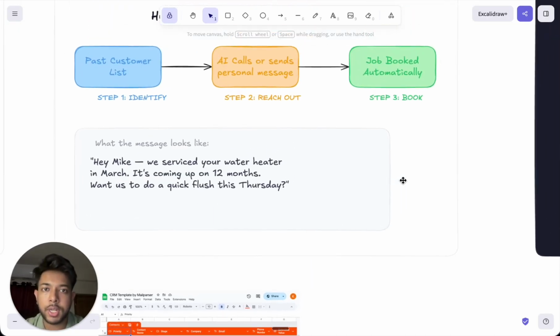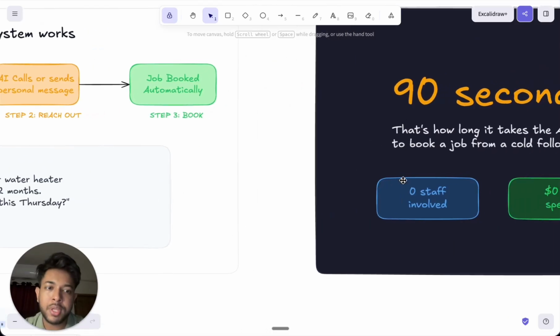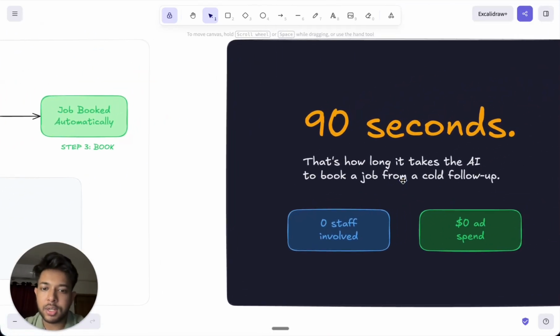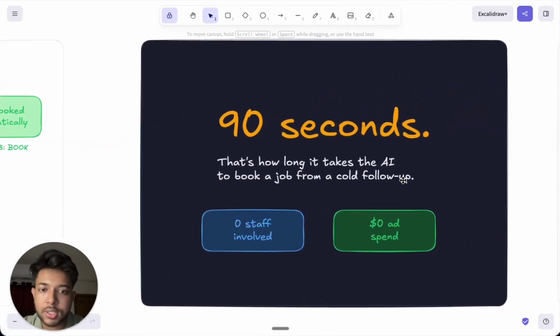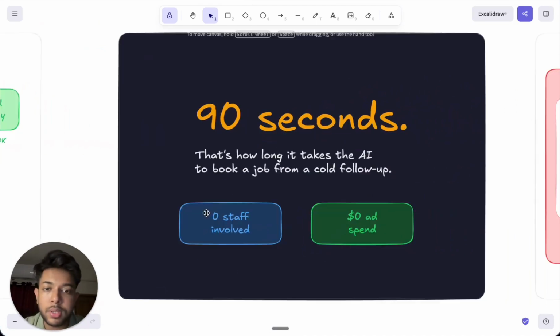It's going to basically call the lead again and again. That's based on how many times we set the AI to call the lead for follow-up. After that, it's going to try to engage with the lead and see if it can book a job. Now the best thing here is that